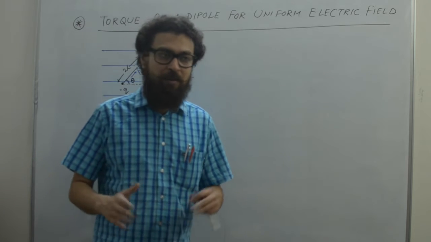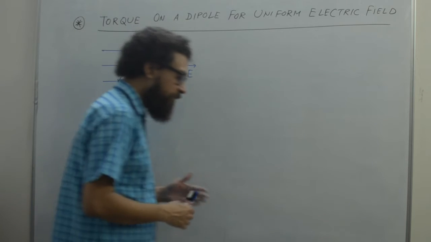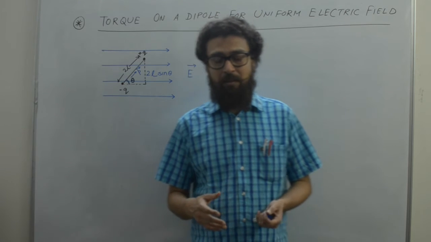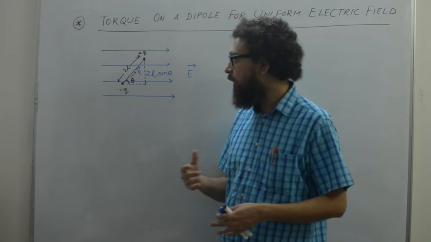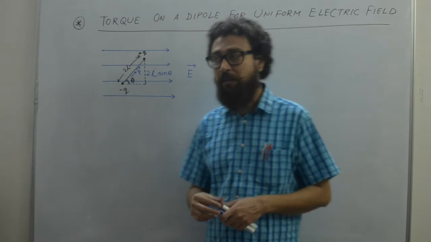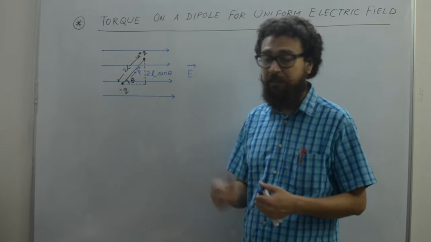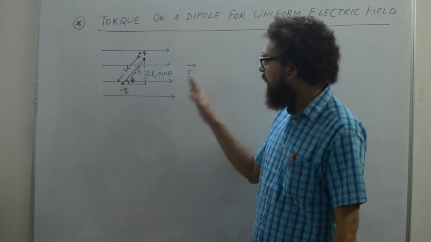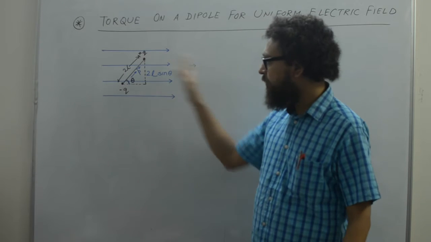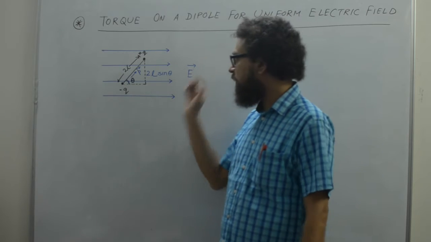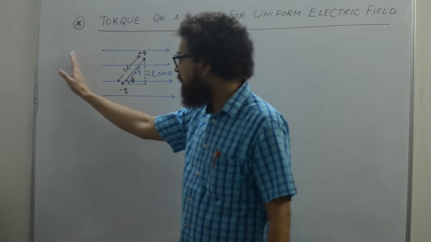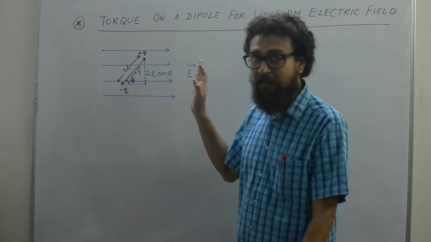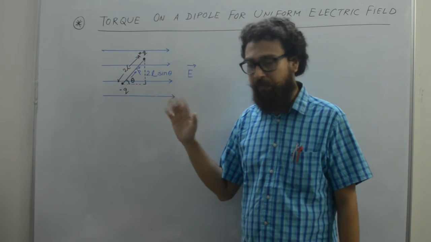Okay, so now we are into another topic. We are very much interested to find out how the dipole behaves in a uniform electric field, and whether it experiences any rotating tendency or not. And yes, of course it will experience a rotating tendency. Why is it so? It is so because when we place a dipole in a uniform electric field, uniform means parallel lines. If the electric field is like this, I can imagine that this is the positive side and this is the negative side, because the direction of electric field suggests so.